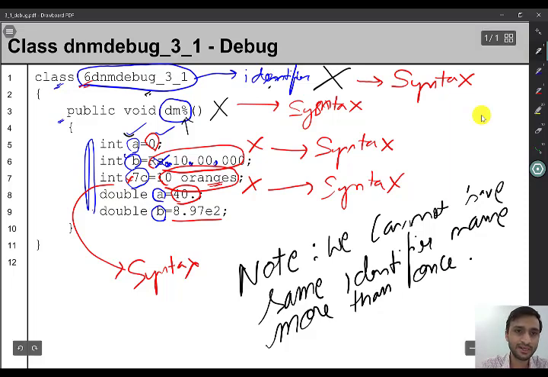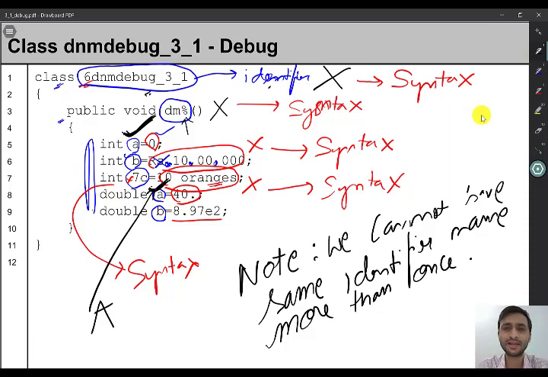Here, see, I have already taken int a. Again, I am taking double a. It means I have already used the variable a to store 0. I cannot use the same variable again. So here we have to give some other name. But if you want to take a only, what will you do? Take it as capital A. That will become correct. Why? Because capital letters and small letters are different in Java. Both are unique. Okay.